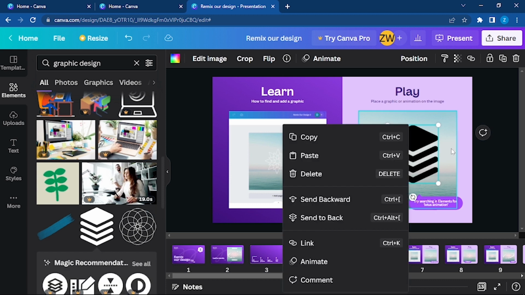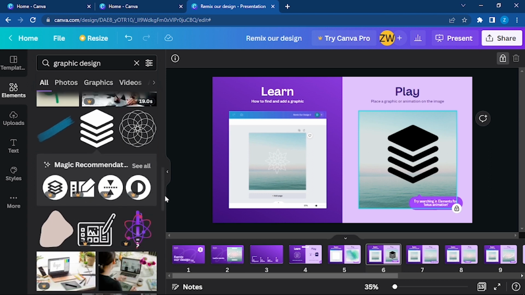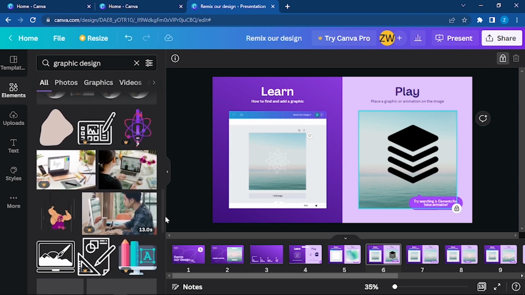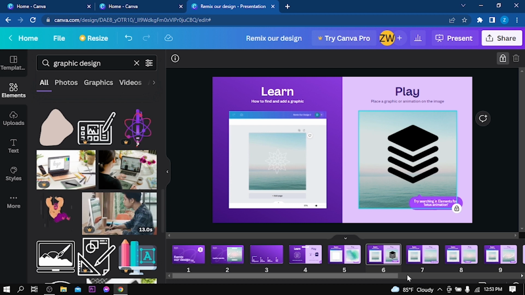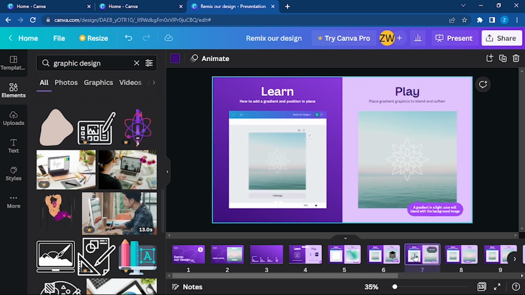Here you can see this is how it appears. Similarly, you can choose lots of other designs. Here you can see other all different designs. Click on them and drag it to where you need. Going to the next slide. How to add a gradient and